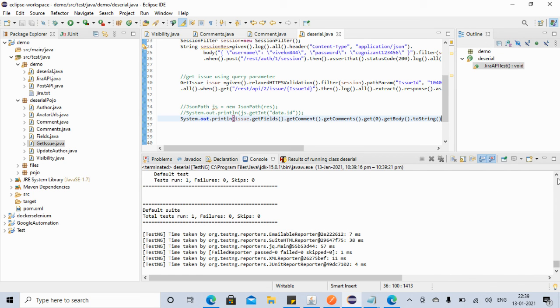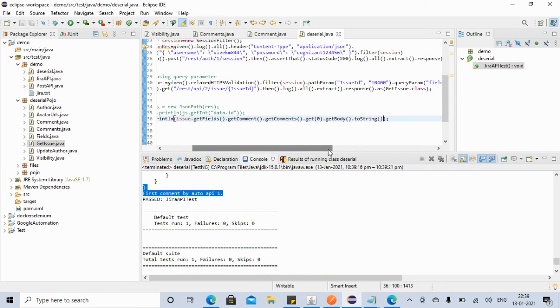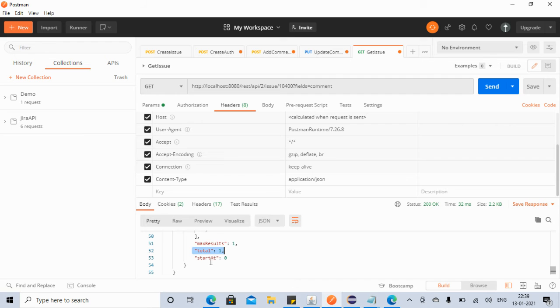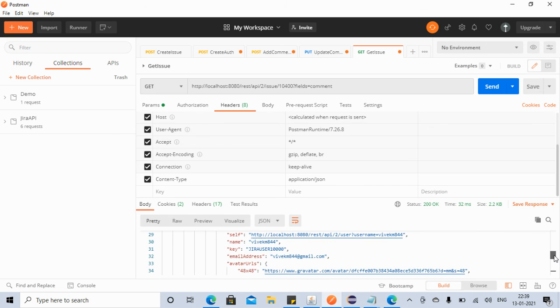Now if you go here, see the first comment by auto API 1. So you got the first comment from the comments, and then you have to go to get body. When you see the comments, it is in the body here.